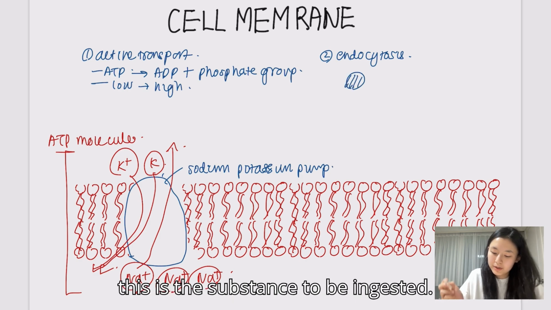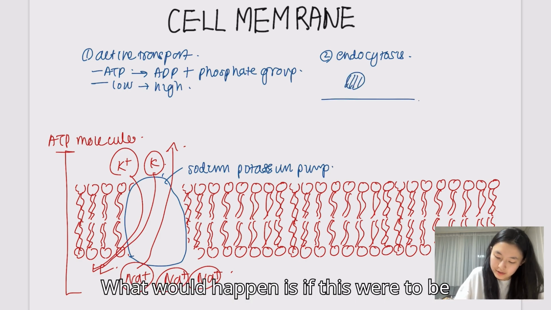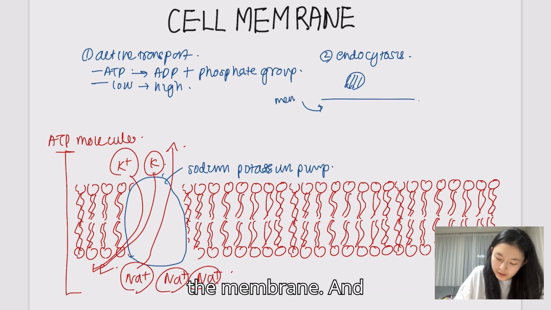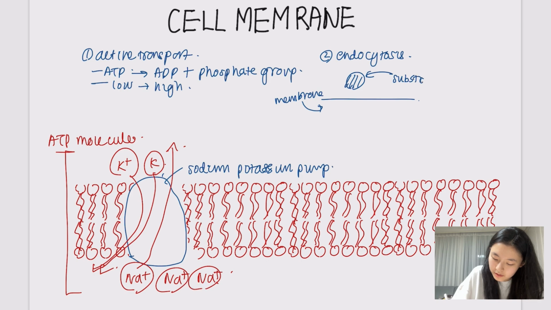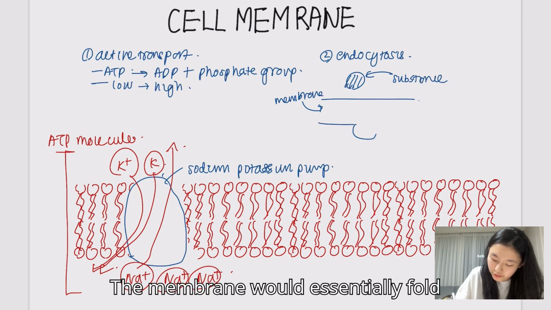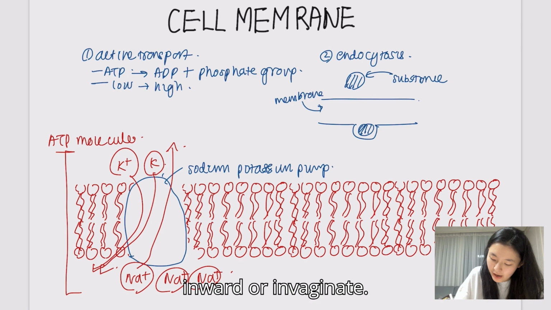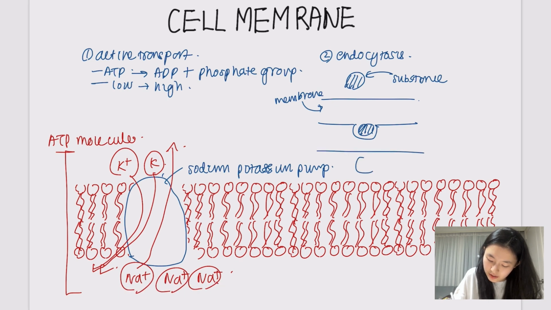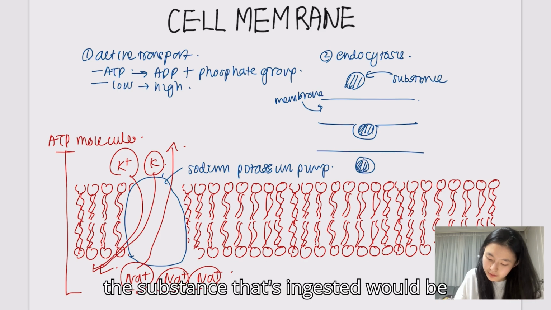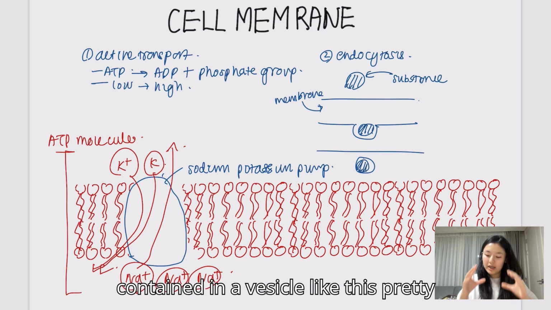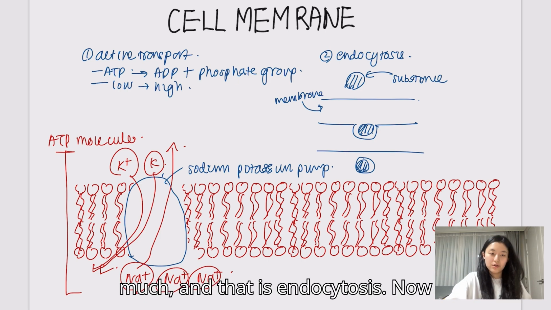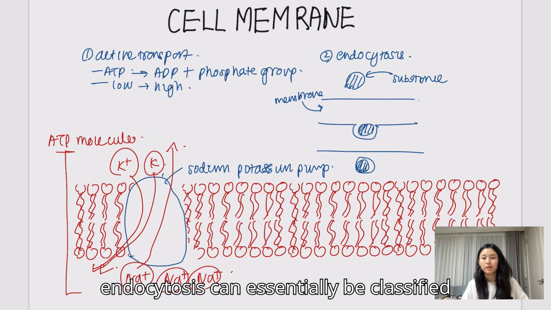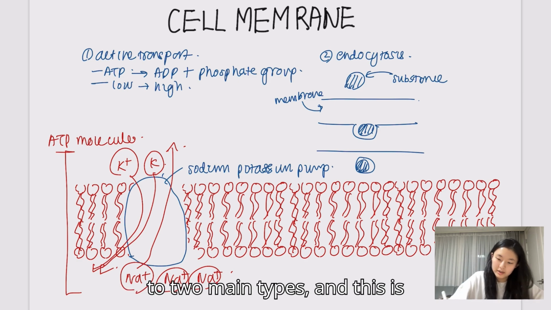Say that this is the substance to be ingested. What would happen is, if this were to be the membrane, and this is the substance, the membrane would essentially fold inward or invaginate. And what would happen after that is the substance that's ingested would be contained in a vesicle like this, pretty much. And that is endocytosis. Now, endocytosis can essentially be classified into 2 main types, and this is